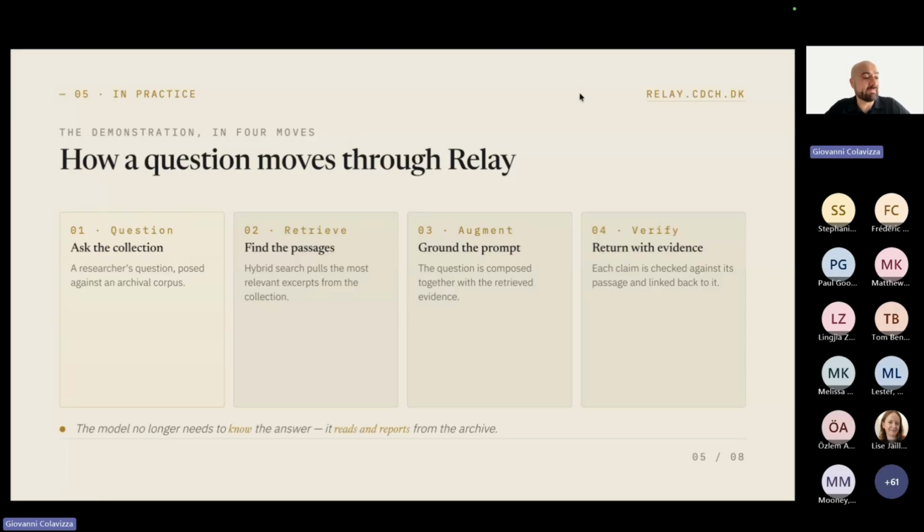Then the system goes and finds relevant contents within the archive. This is an essential step that is called retrieval, and it can be done in many different ways. And how it is done in Relay is using what we call a hybrid approach. So a hybrid approach combines several techniques from